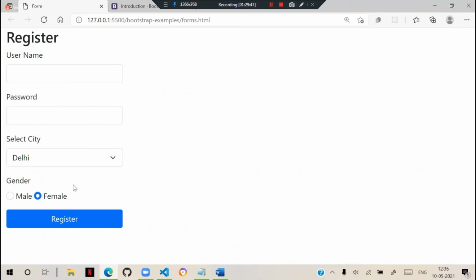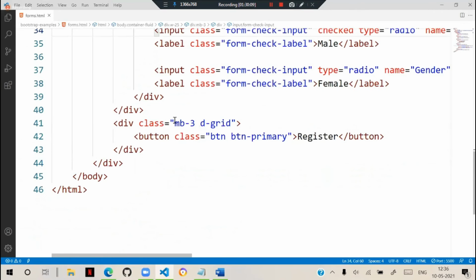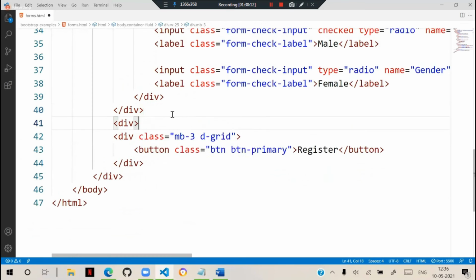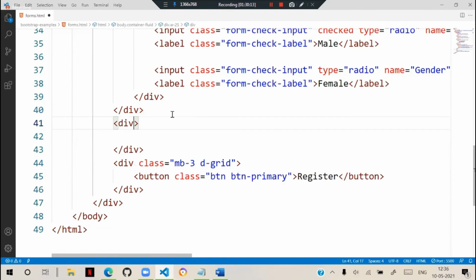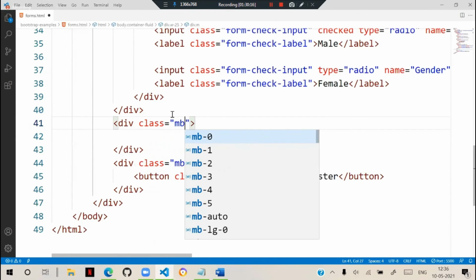For radio and checkbox, for both of them, you have to use the same option. These days you have other options also, switches. These are used mostly for checkboxes. For example, I will add another div with class mb-3.